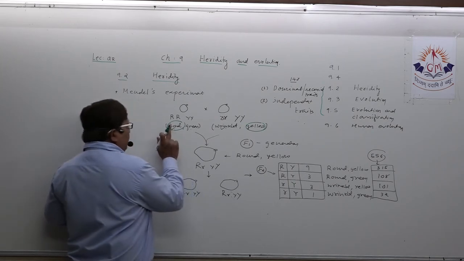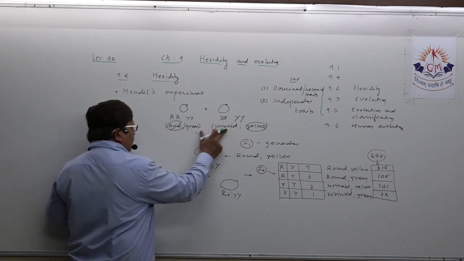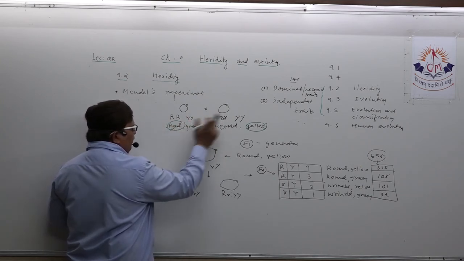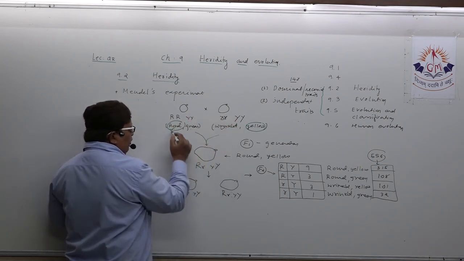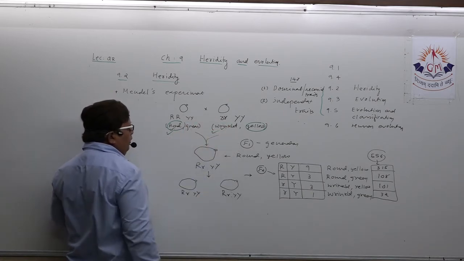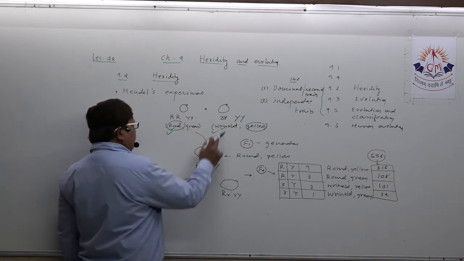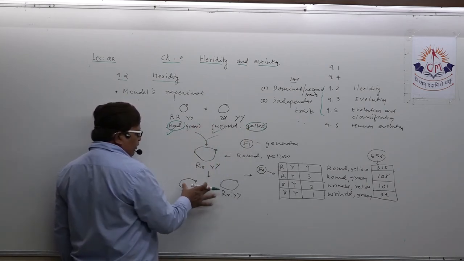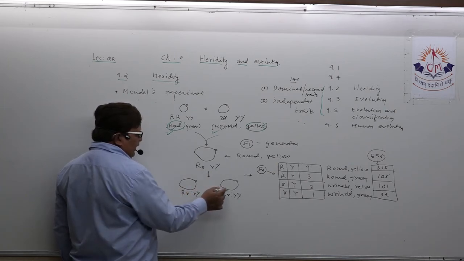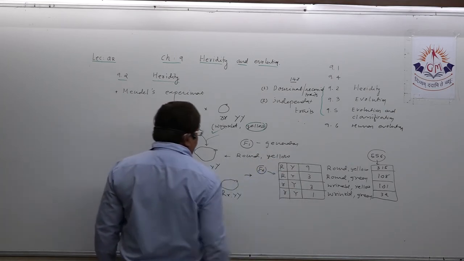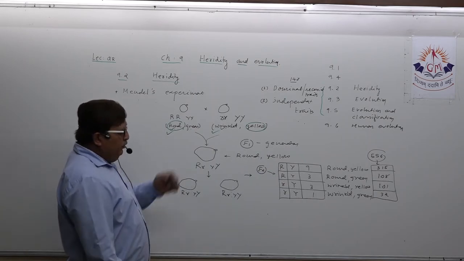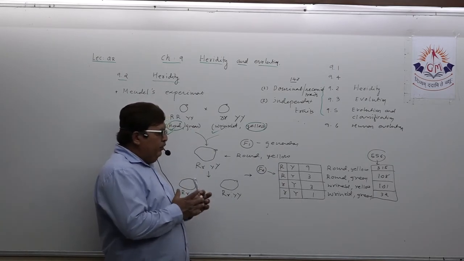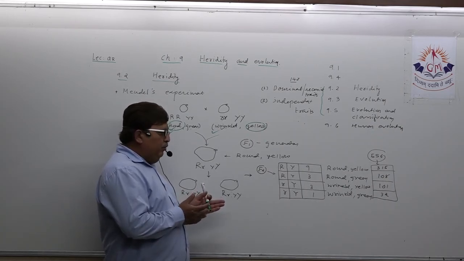This way, round green, wrinkled yellow, then this combination R small y capital Y, which is the dominant traits. Round dominant trait, this is recessive trait. Yellow dominant, this is recessive trait. And then self pollinated, RRYY combination, you will receive this way. Understand? So this way you should remember, will help you a lot in remembering this particular short note also,